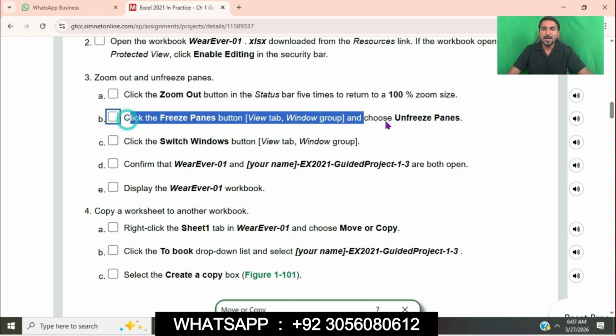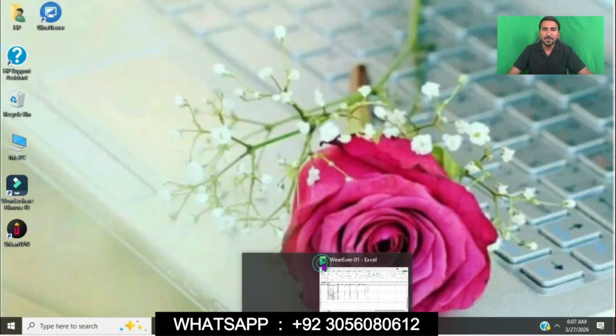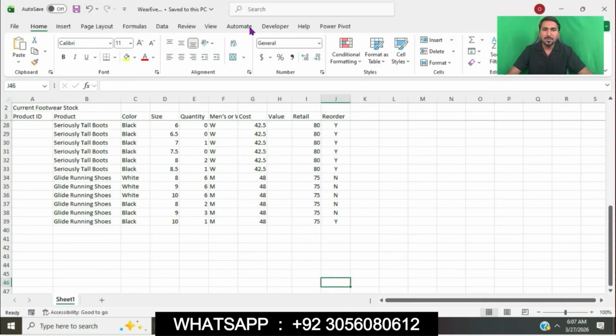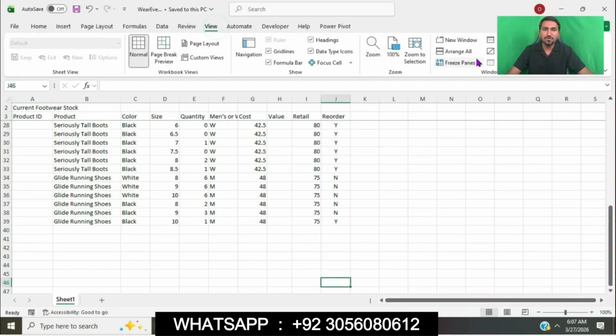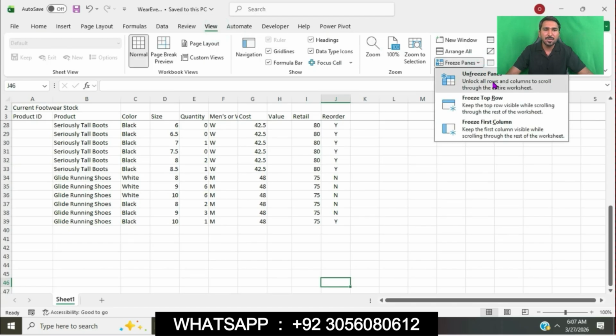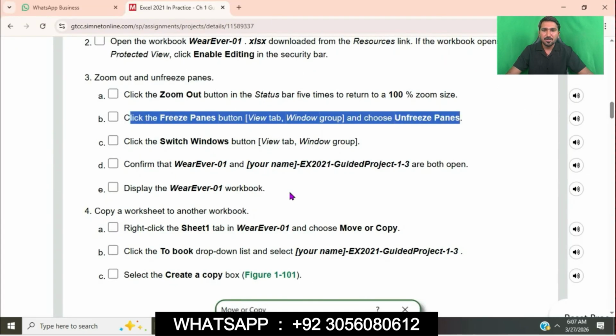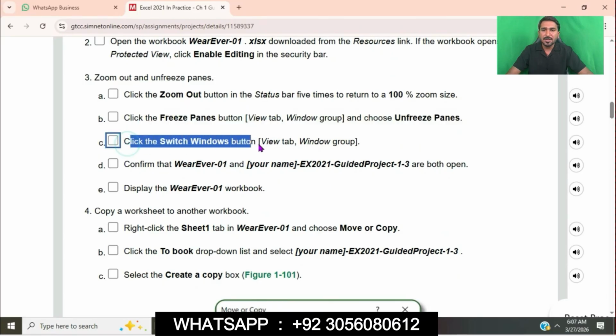So point B is to click the Freeze Panes button and choose Unfreeze Panes. We will go to the View tab in the Window group. Click on the Freeze Panes button. So click on Unfreeze Panes. So point C of question number 3, click the Switch Windows button. View tab, Window group.